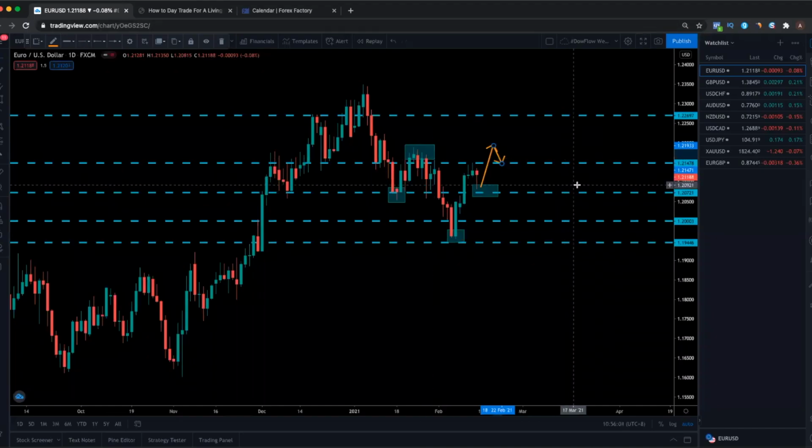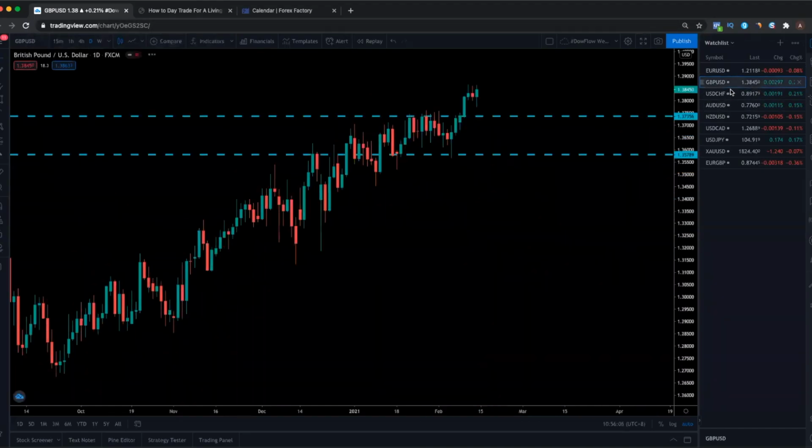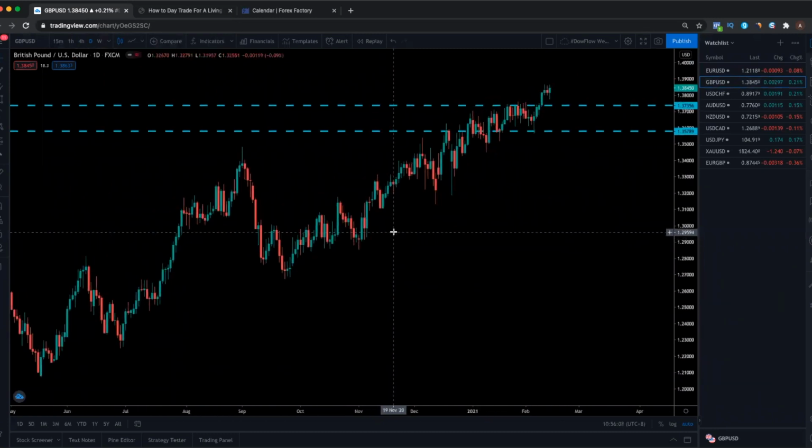Okay, so this is the bias for euro dollar. Now let's move into pound dollar. Now pound dollar is much clearer. So if I have to choose between pound dollar and euro dollar, I would choose pound dollar because it's just